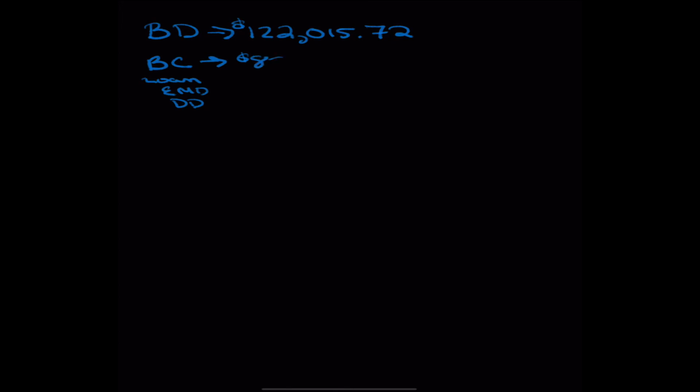So now we've got these totals. We're going to add up everything in a buyer debit line. And when you do, you find a buyer debit total of $122,015.72. We also know that there's buyer credits because we've got the loan, we have the earnest money deposit, and the due diligence deposit all returned back. So the credits that the buyer is receiving is going to be $85,350. If you subtract that $85,000 from the $122,000, we find out that the buyer needs to bring to closing